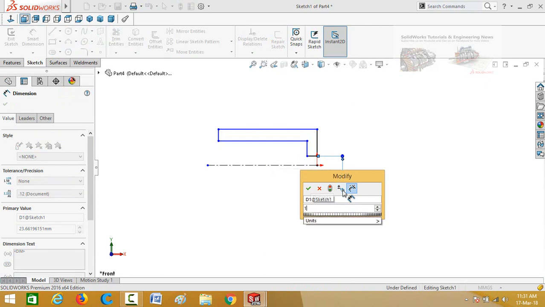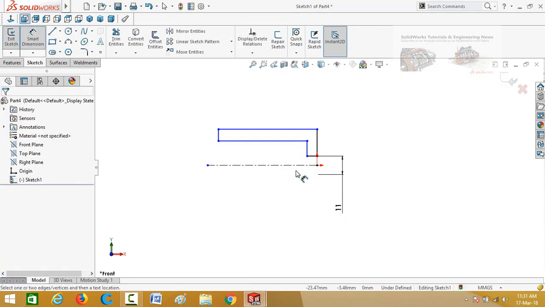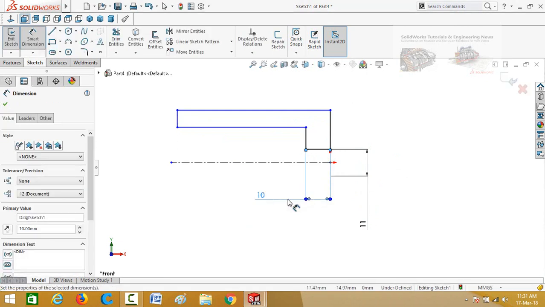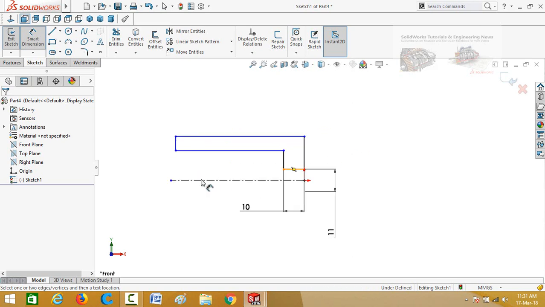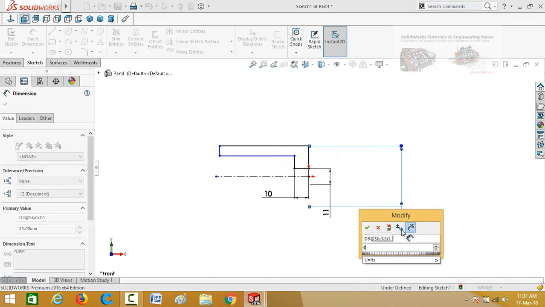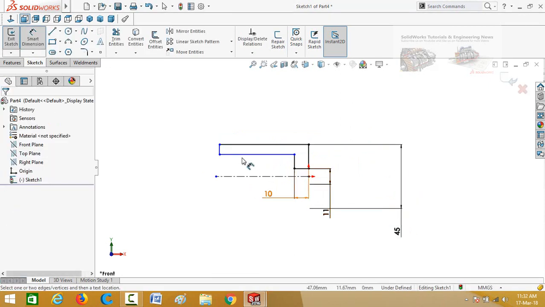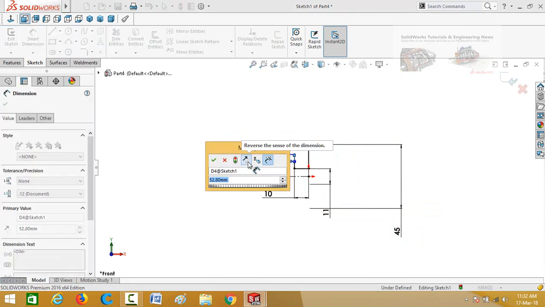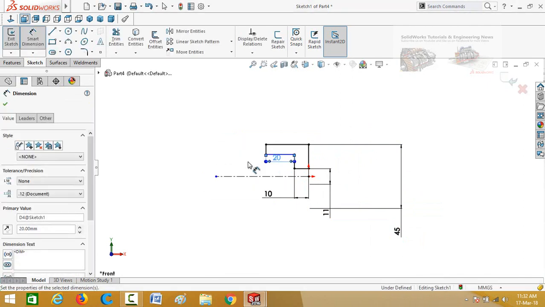So the diameter is 10 millimeter. Width of this line is 10 millimeter. The overall diameter of the hub is 45 millimeter, and the width of this line is 20 millimeter.